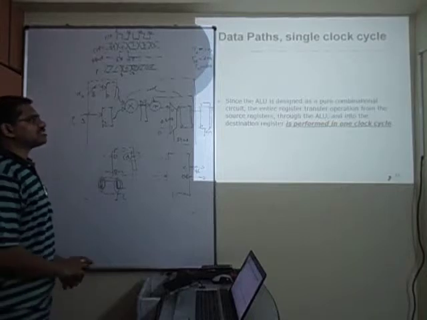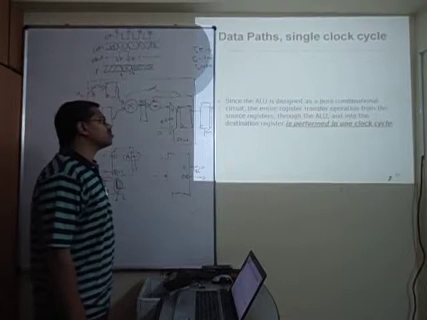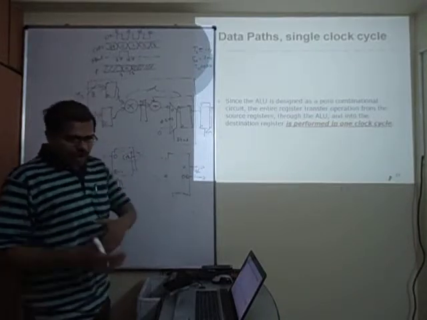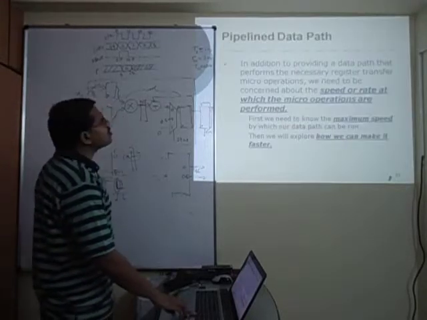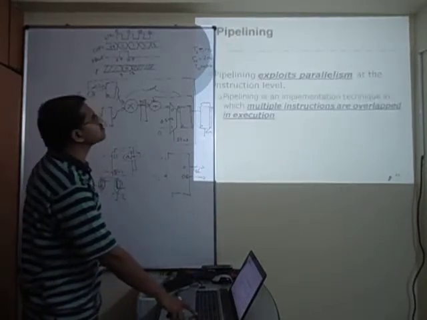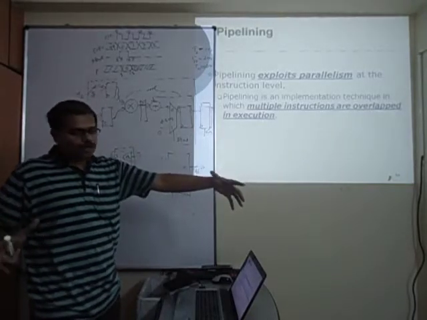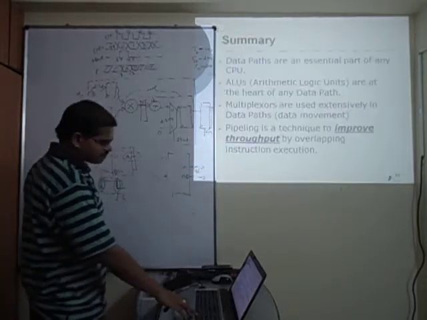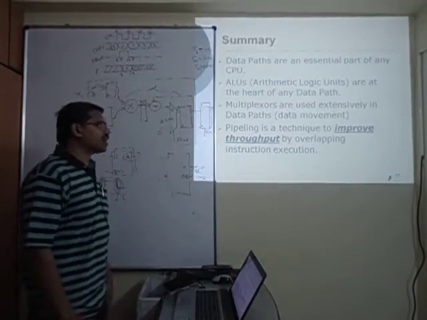Now, since the ALU is designed as a pure combinational circuit, the entire register transfer operation from source register to ALU can be done in a single clock cycle. But this may not be universally a correct statement. If the combinational logic has got more delay, you know pipelining will insert stages. That's what we already discussed about pipelining. So I'll skip this. Pipelining basically exploits parallelism. Like you have this much of combinational logic. Don't wait until the full combinational output comes. Divide into parts. That's already discussed. So this is a summary which is more pertaining to the CPU and ALU context.